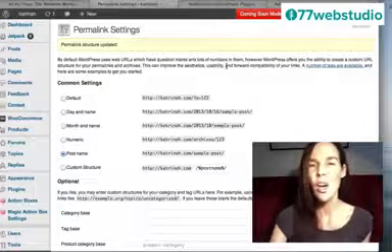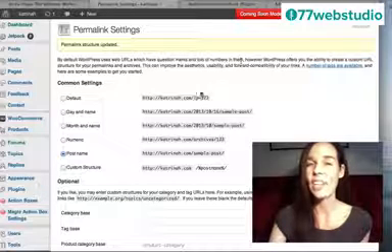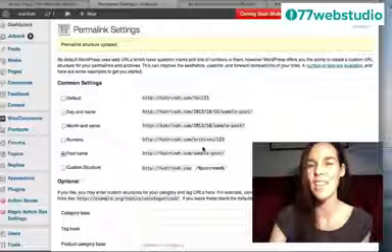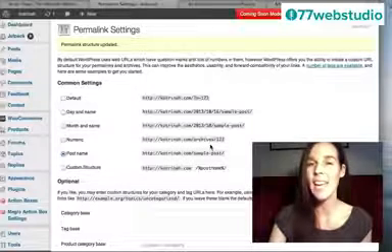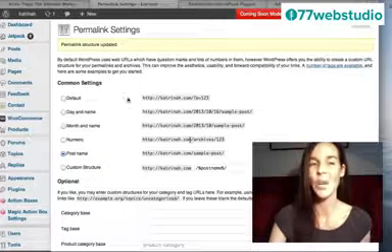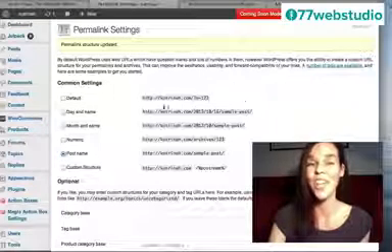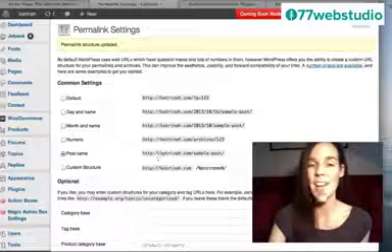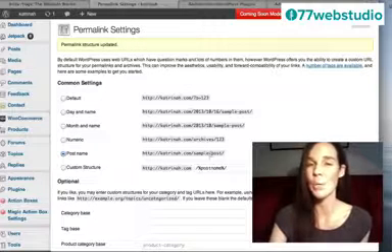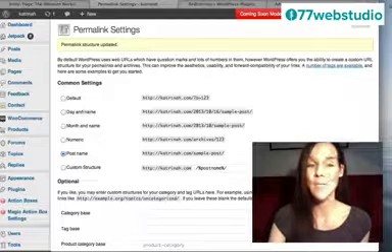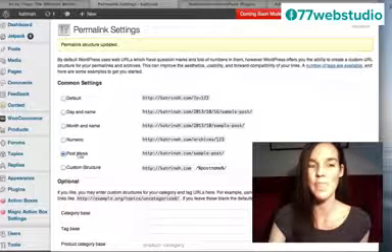So what do we do though when we want to change our links from default to post name and we have an existing website? So imagine that you have an existing website with existing content and you are currently using this default permalink structure and you want to change from this ID number now to a more descriptive post name permalink structure. So to do that, we would still go through this process of setting the post name and then